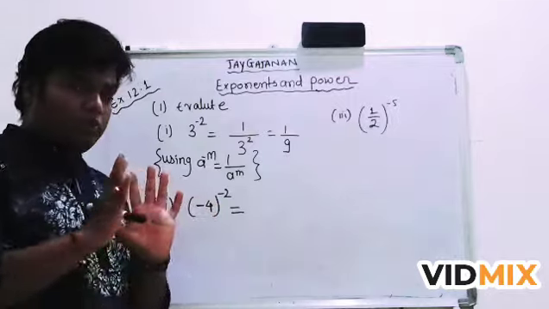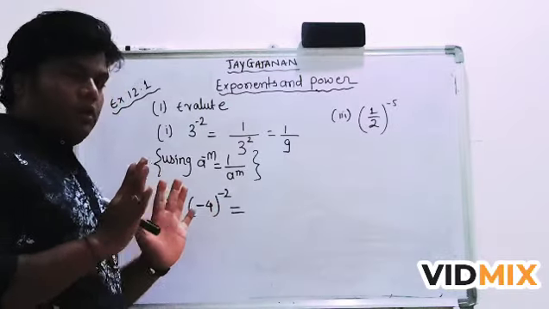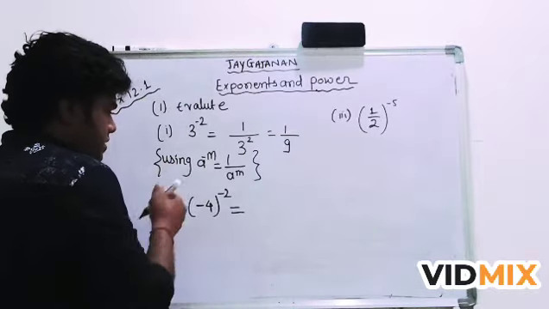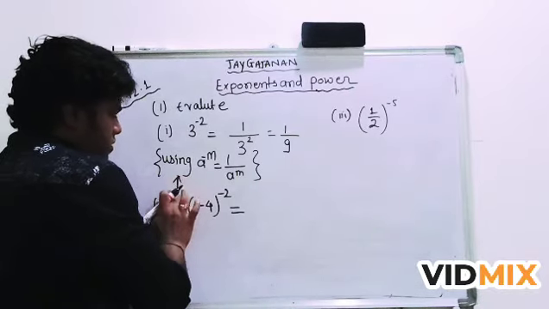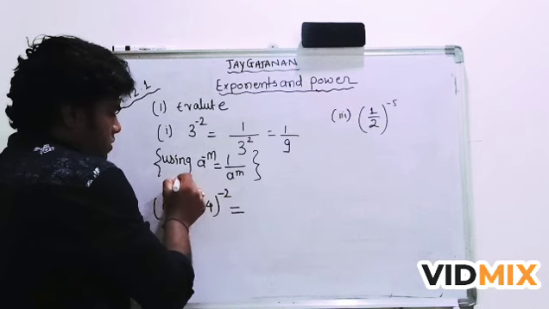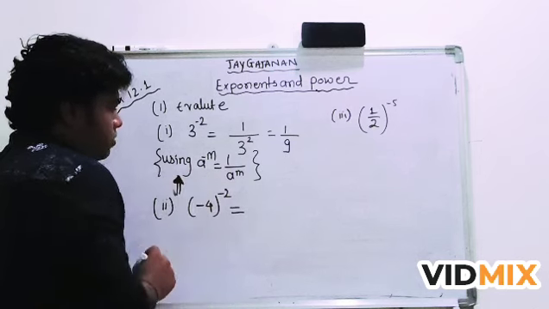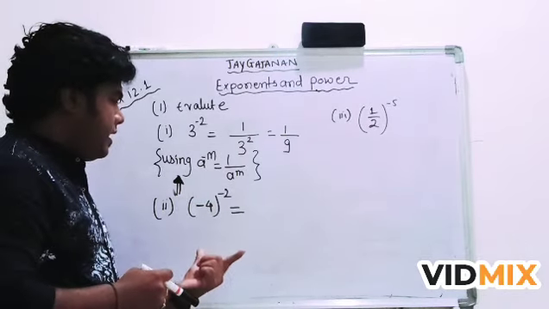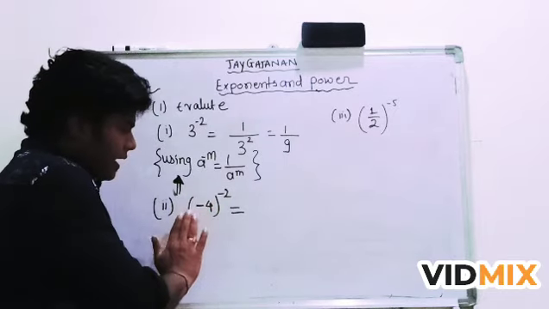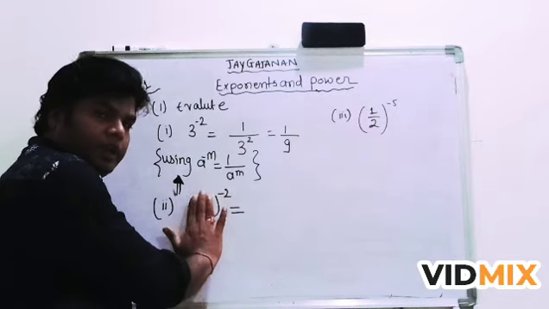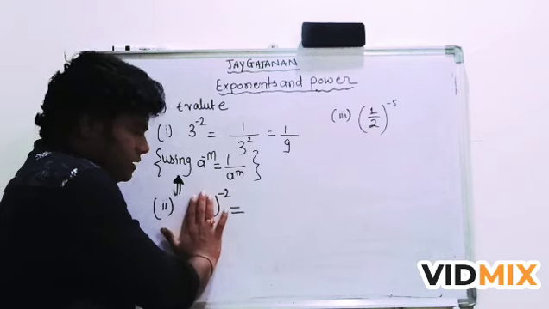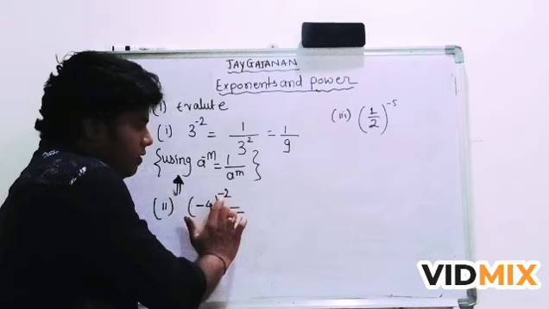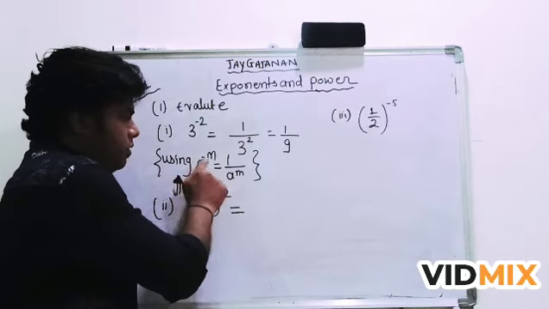Now both are minus, don't get confused. We have to use the same identity which we have used here. This is the most important identity. Now consider this complete bracket as a. This complete bracket is a. So this is not -4, it is just a. Do not take it as -a either. We will consider this as a to the power minus 2, meaning a to the power minus m.